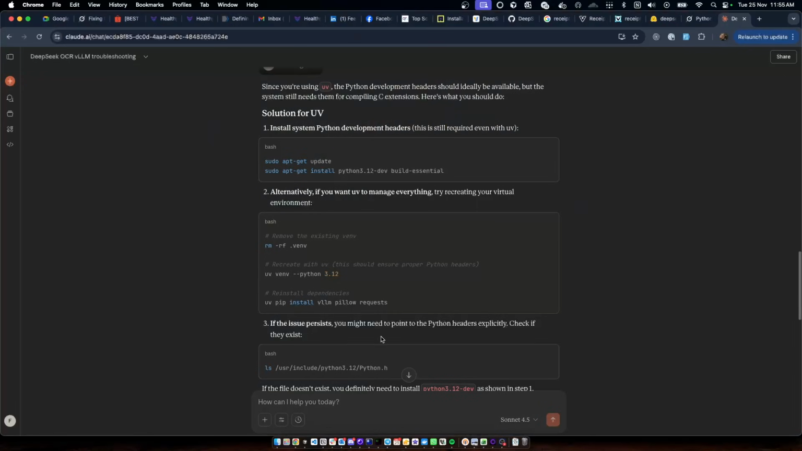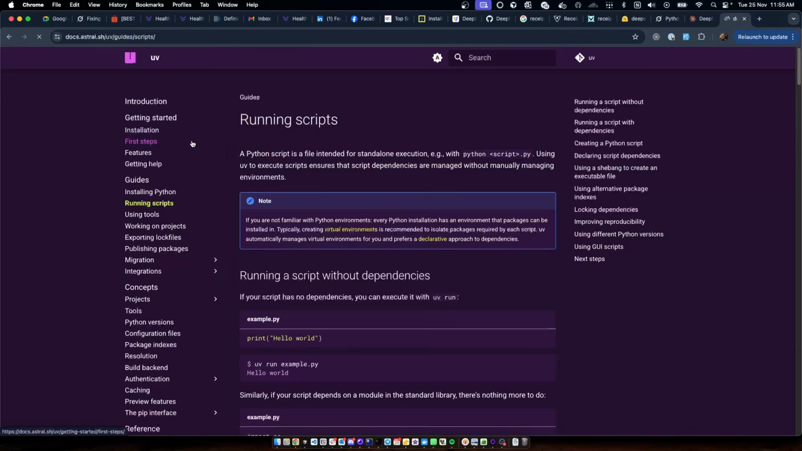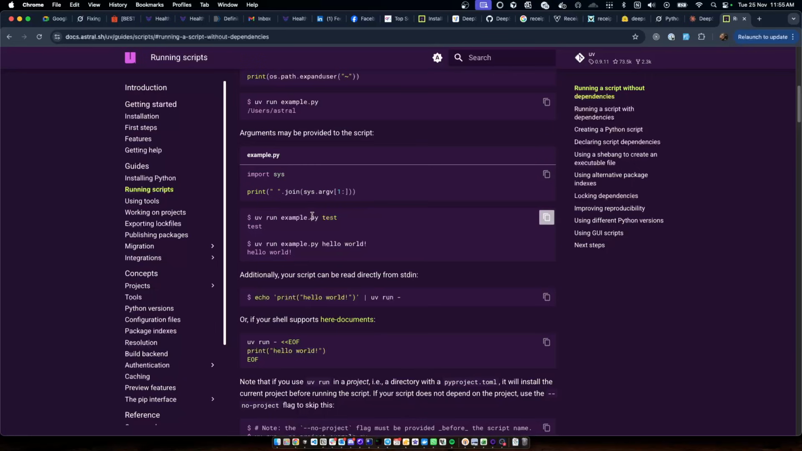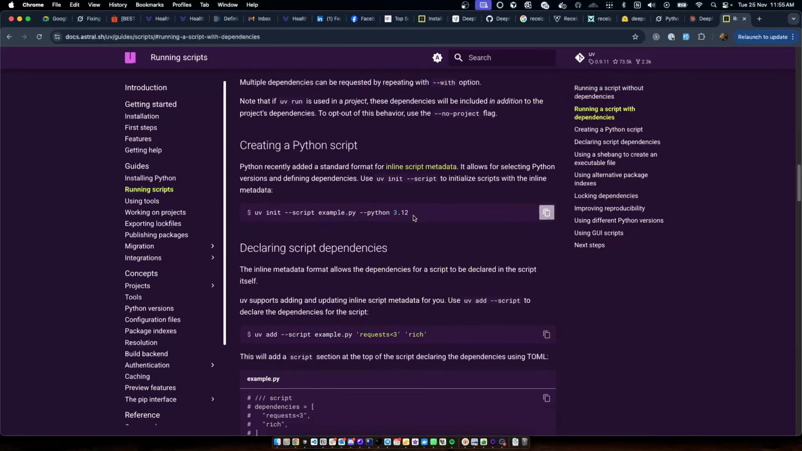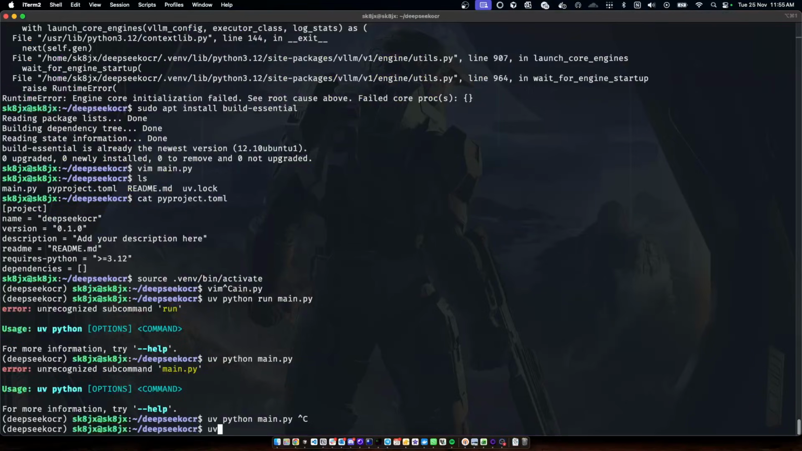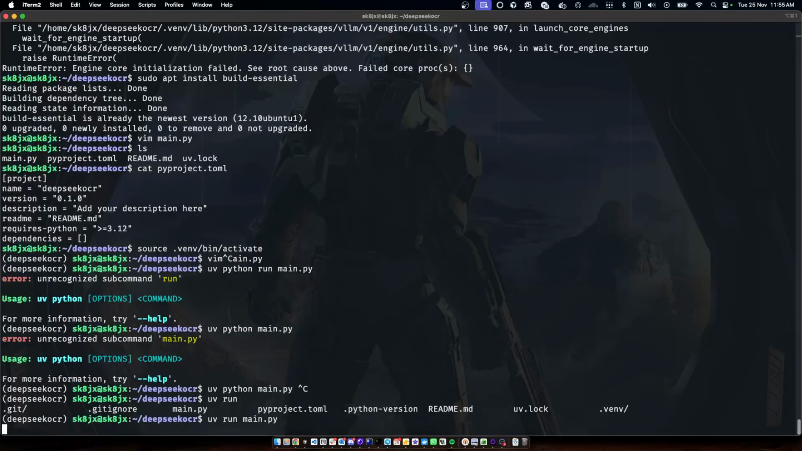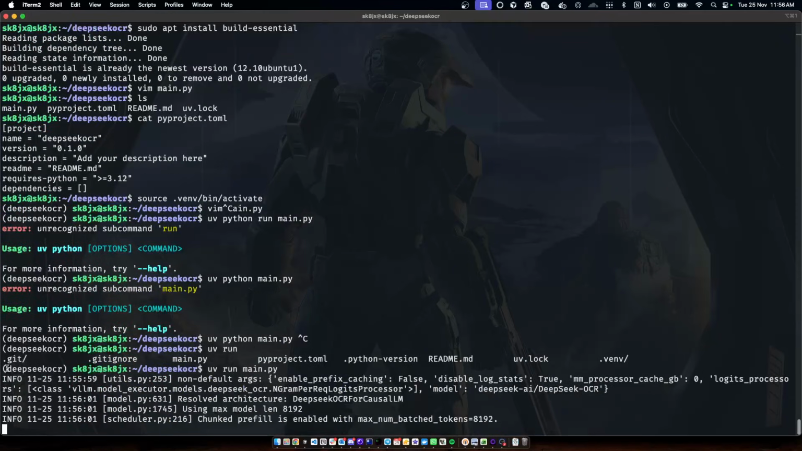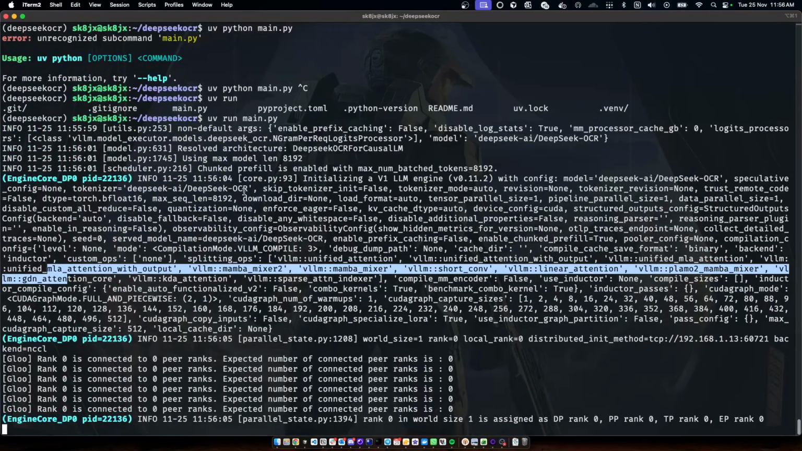UV Python run. Can you do like UV Python run? You should do like UV run, right? Never mind. Just running like this. Again, I think just now I forgot to activate the .venv, but then